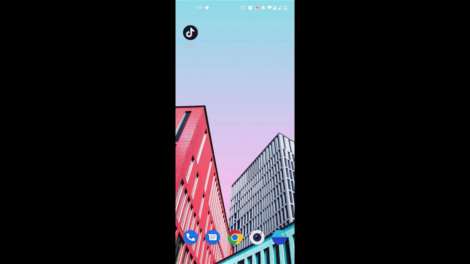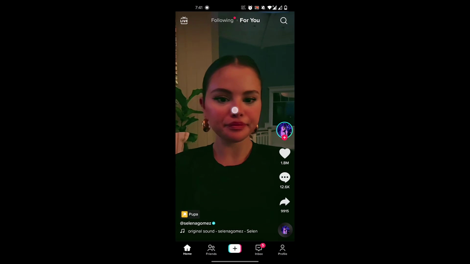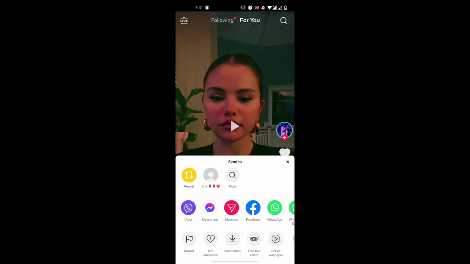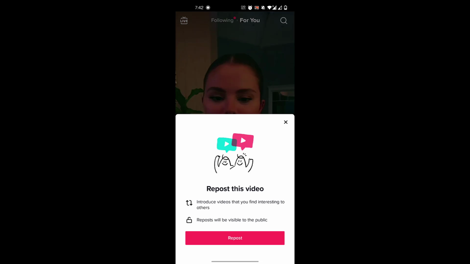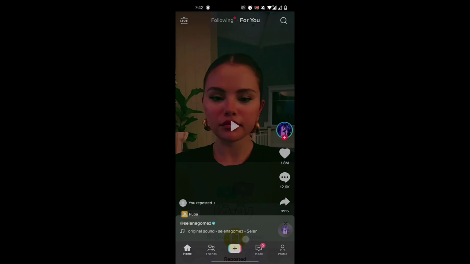So let's get started. So first you open your TikTok app, and let's say you want to repost this video. You will click on the share button over here on the right. You'll click on that, and then you'll click on this repost button in yellow. So click this repost button in yellow on the top, and then you click on this repost